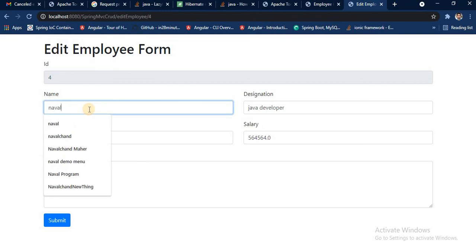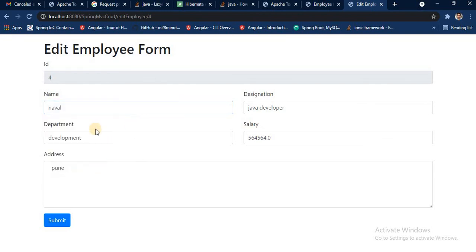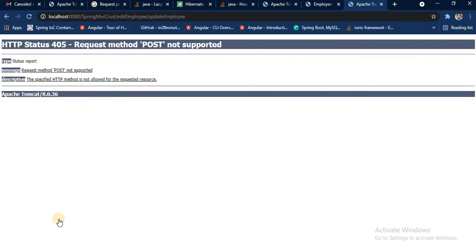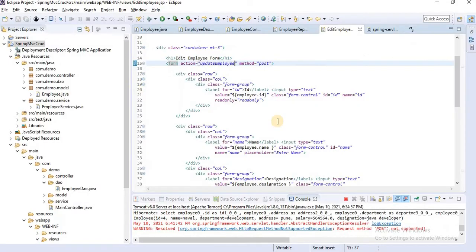Navalchan, I'll change Novel to Novel Chain, and click the submit button. We are getting an error here: post not supported. Okay, what is the issue?